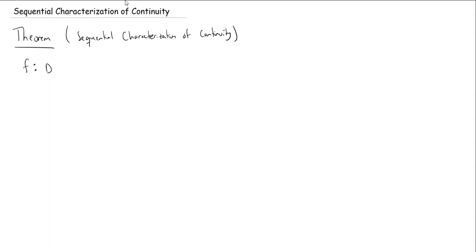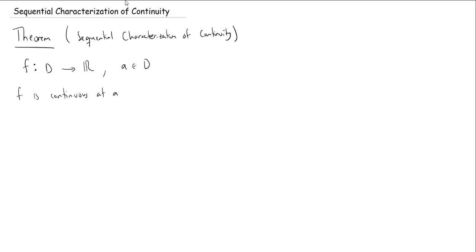So I have a function f with domain D, say going to the real numbers. And I want to know whether f is continuous at some point A. So what is A going to be? Well, A is just some element in the domain. Remember, for continuity, we don't just want a limit point of the domain, but we really want a point in the domain. So f is continuous